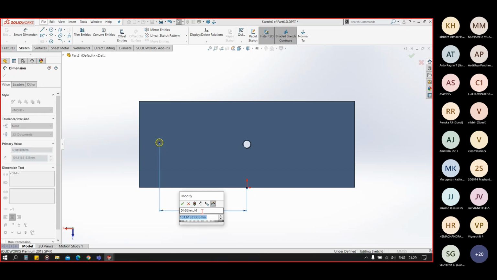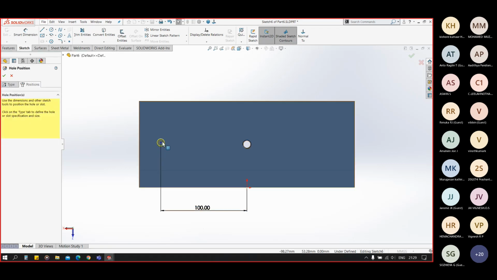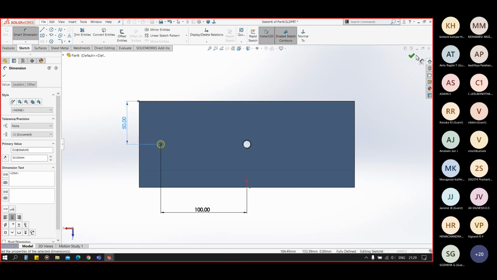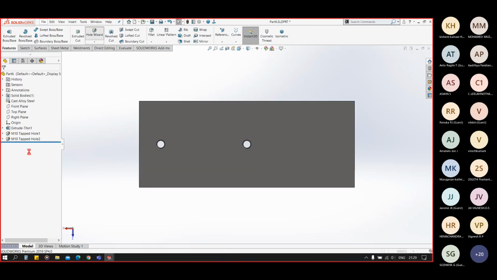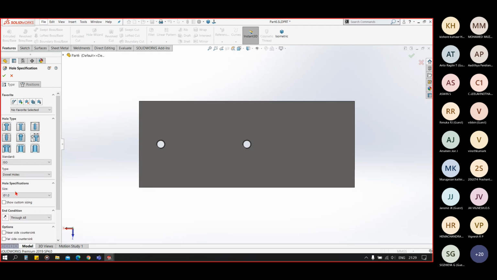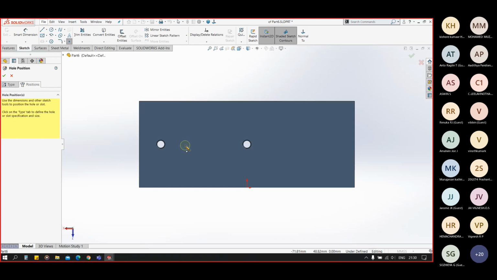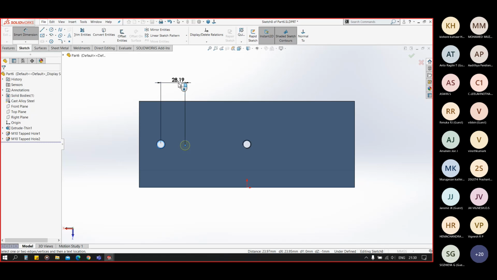The counter bore is at 100 mm distance. Now for the counter sunk hole, we will create a clearance hole of size M10. It is at 30 mm distance from this hole.